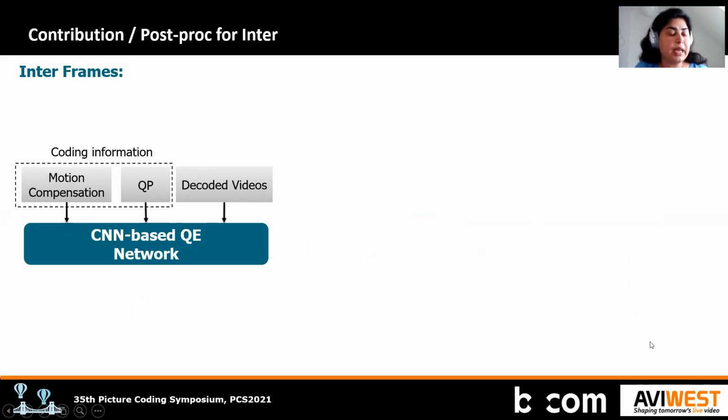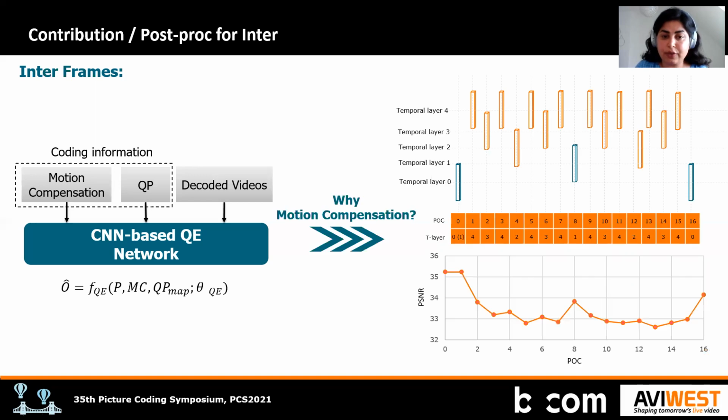Likewise, in intercoded frames, we extracted the motion compensation signal, quantization parameter, and the decoded frames, and we fed them to our CNN network, and we train it in the same way that we trained our intracoded frame. Here, the reason why motion compensation can be beneficial is that this signal is composed of different parts of a reference frame, which are normally encoded with lower QP, which have higher PSNR,